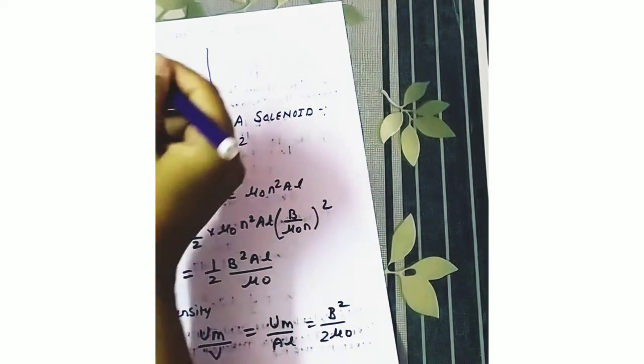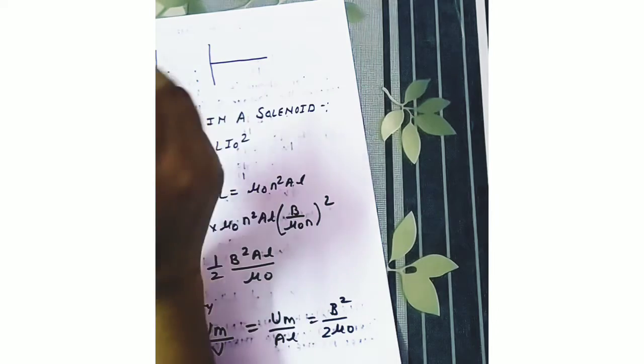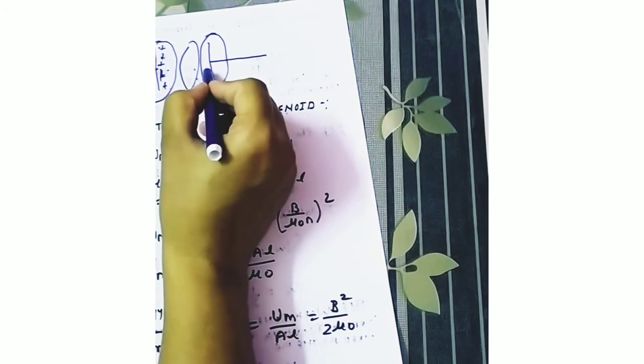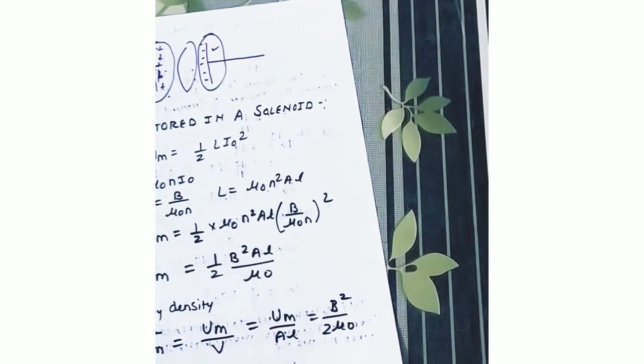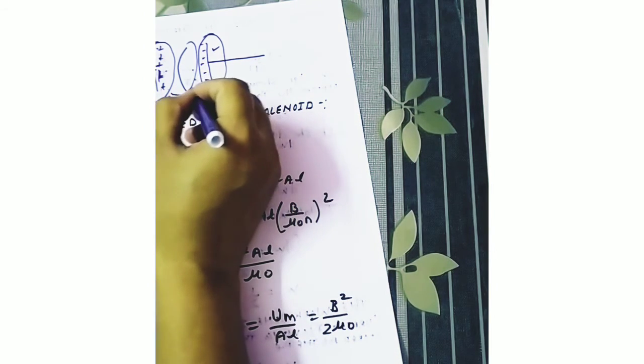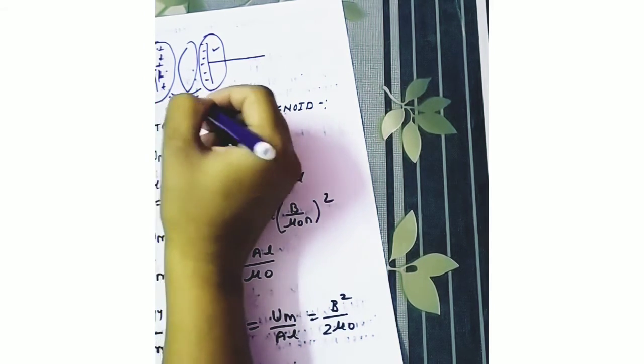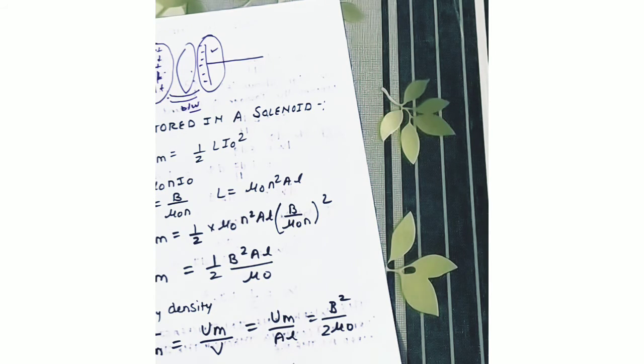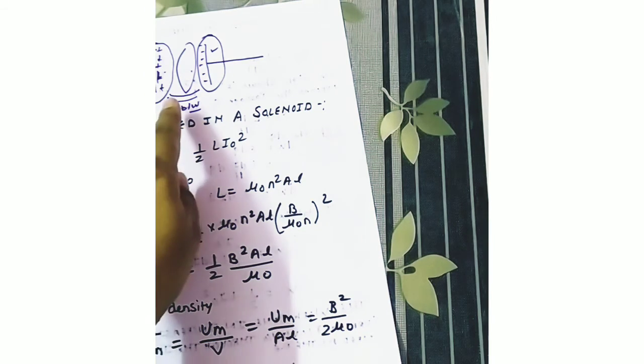But what happens when we consider two capacitor plates and a closed region here, here and here? The charge which we have given through a wire will be on this plate of the capacitor, and the opposite charge will be on this plate of the capacitor, right? But there is no conduction across the gap between the plates, meaning no current will be there. It means this law is not valid here, because the law says that if we consider a closed loop, then the current enclosed times mu naught is the result. But here this law is not valid.